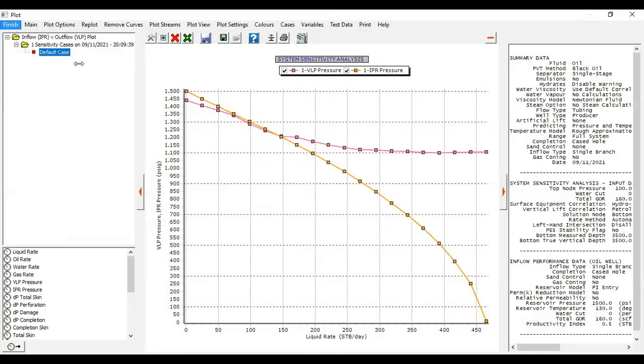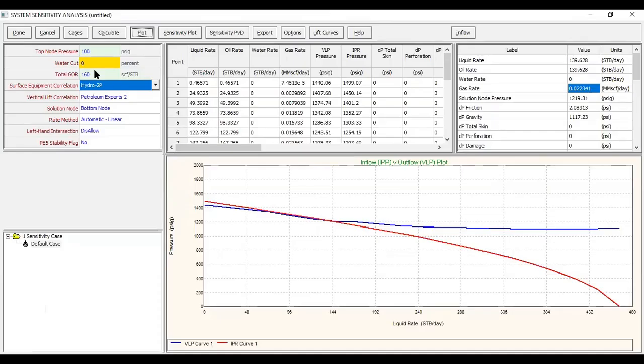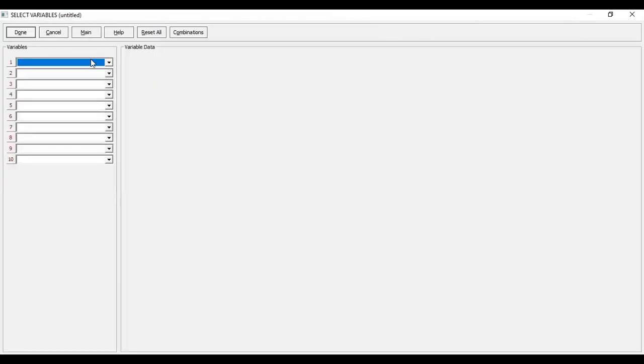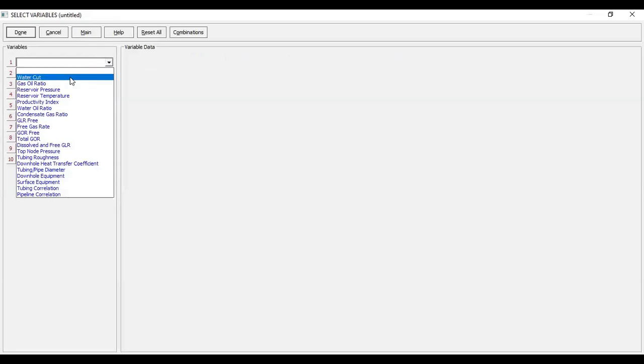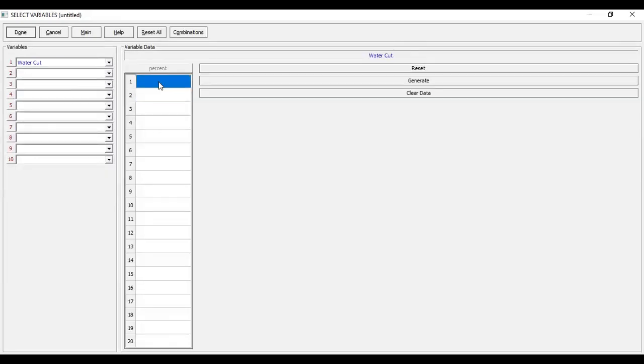But of course, water cut will increase. Okay, water cut will increase. Let's say I make cases, I will vary the water cut. Let's say we only have 2 water cuts, 0 and 80.